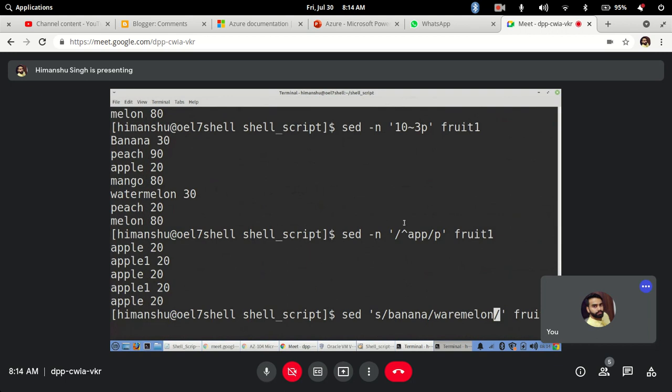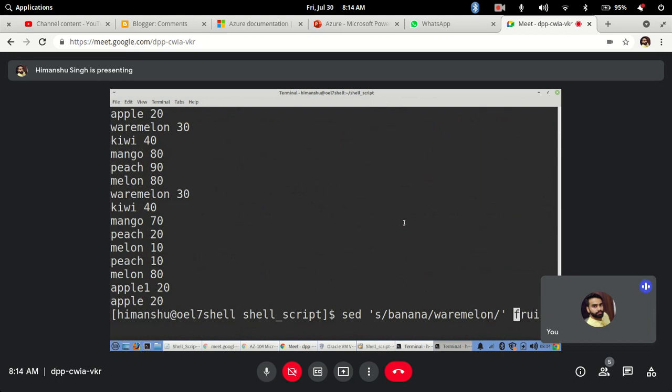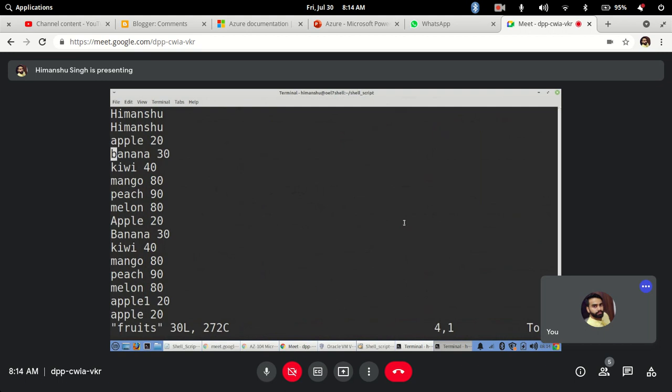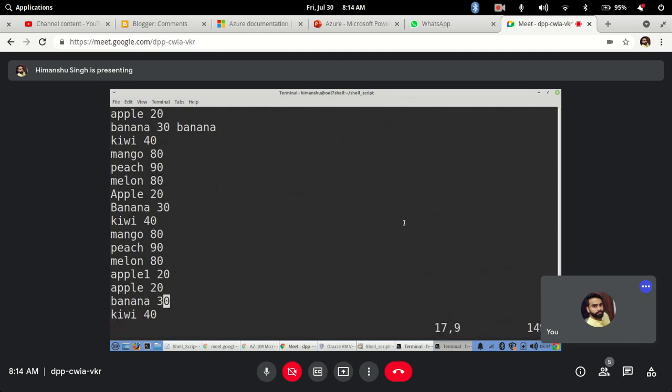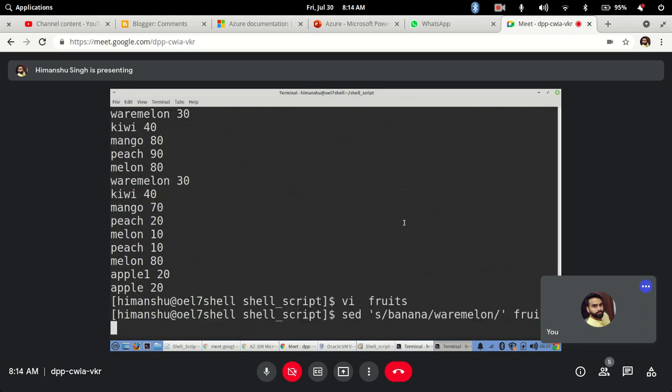say watermelon, it is displaying me, but let's say in this file, the fruits file, if I am going ahead and doing this command.